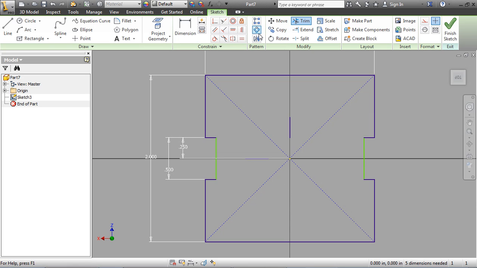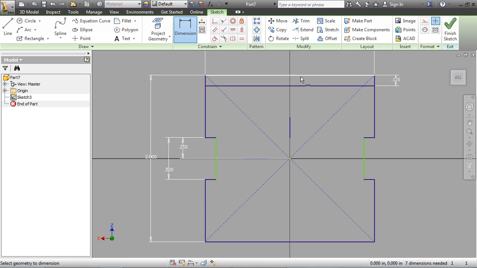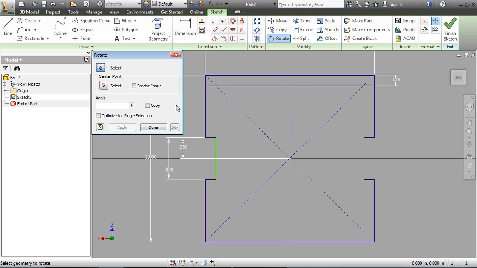Next we can go once again to offset, draw a line here, dimension it from here to here. And we're going to say that is 0.125 again. This time around we're going to take these two lines and we're going to rotate them 90 degrees. So we're going to come up to rotate, select the two lines that we want. We're going to add a copy of this. We're going to select our center point and you can see I can rotate them up to there